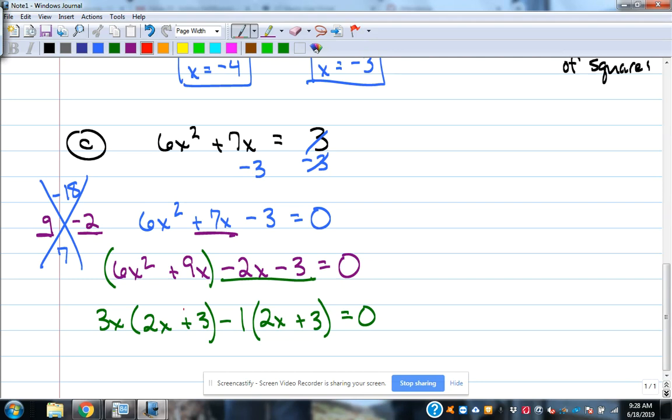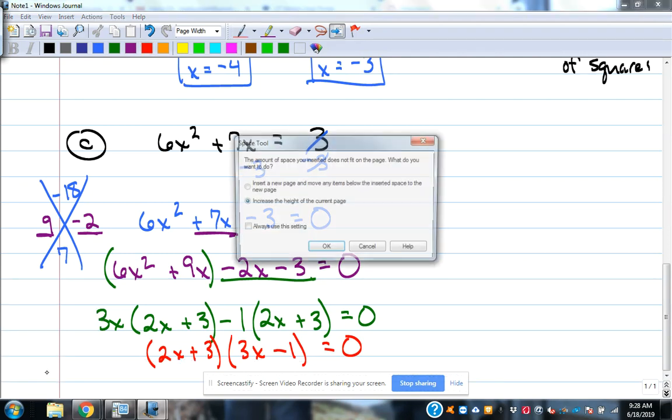Next to last step is get the factors. One of them is the matching piece. The other one is the stuff in front. 2x plus 3 is this matching parenthesis. 3x minus 1 is the stuff in front. I've got it factored. That's the hard part. Okay, definitely that's the hard part of this lesson. The next part